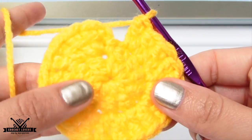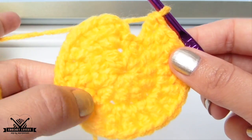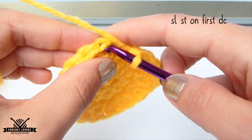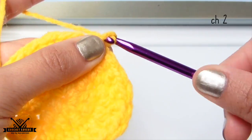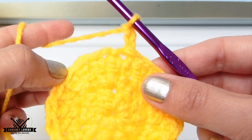Now we're done. We must have 20 top loops. That means we did the increase in each available stitch. And to close it up, we'll look for the first top loop on our first stitch and we make a slip stitch there. For the third row, we'll make 2 chains and we'll alternate 1 double crochet and 1 increase,